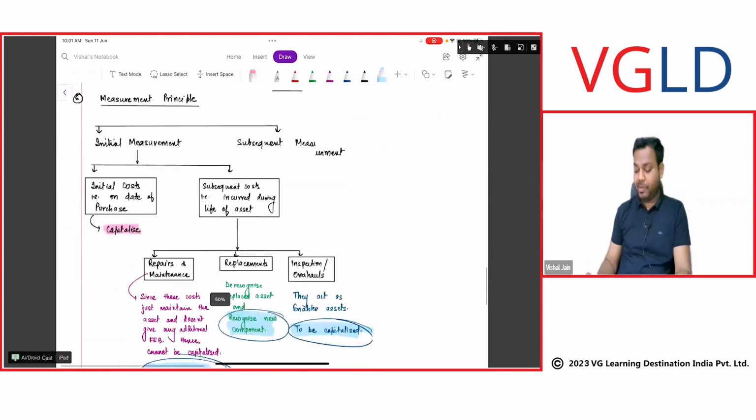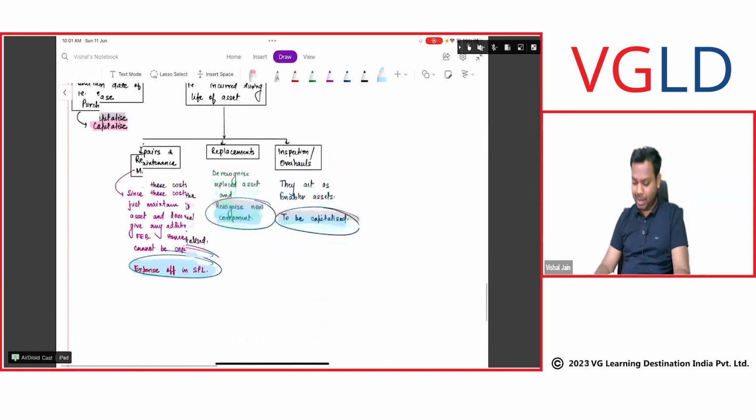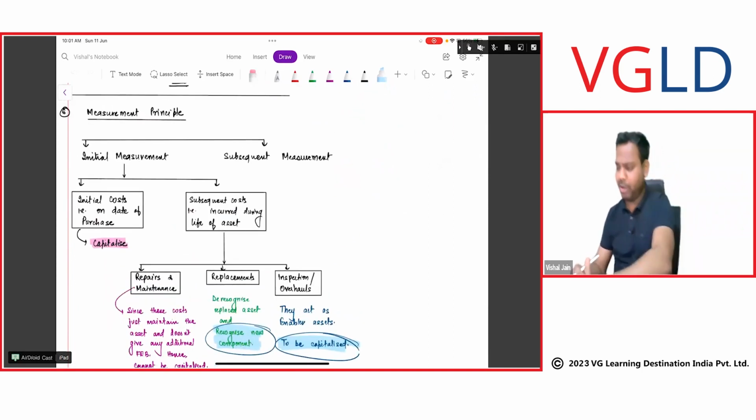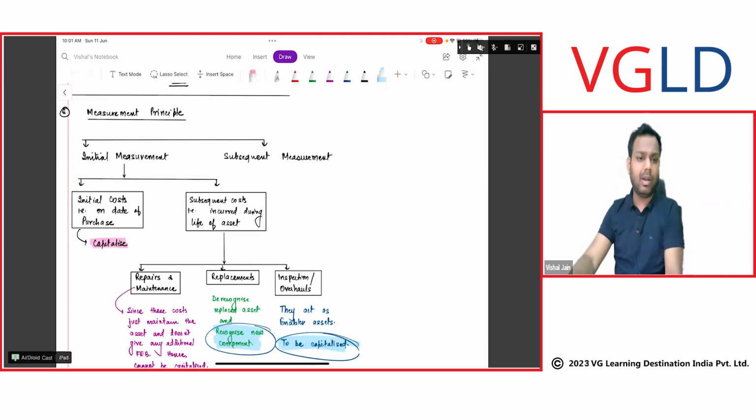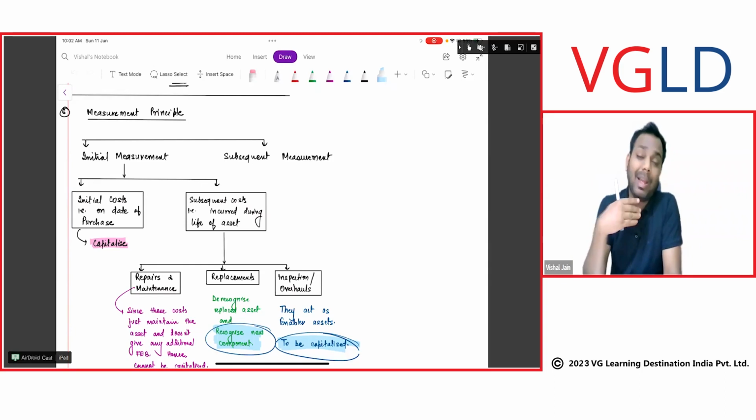Now, is the measurement principle for initial measurement clear to all of you? Okay, definitely I'll take up examples, but let me finish this point. Pollution checks and insurance of vehicles, all those again are enabler assets. Even in factories, there are pollution control equipments installed, so they do not directly give any benefit, but they are enabler assets. So that needs to be capitalized. The examples can be a lot. I'm not trying to cover each and every example, but I've tried to cover the max I can.